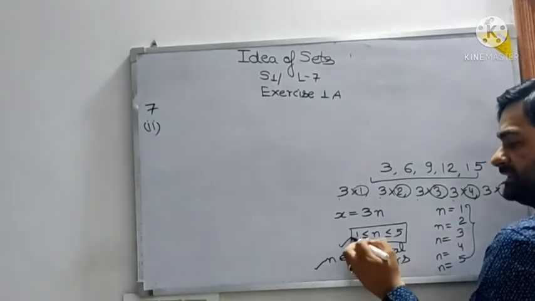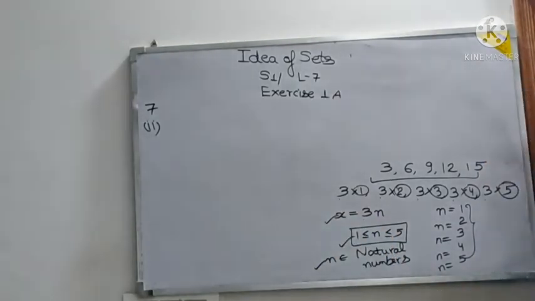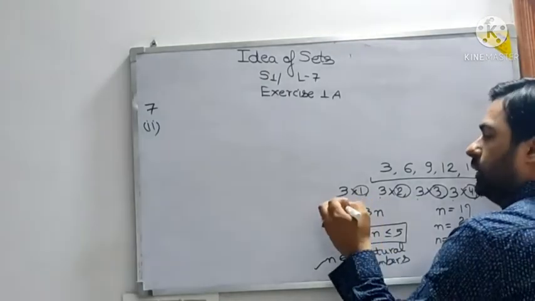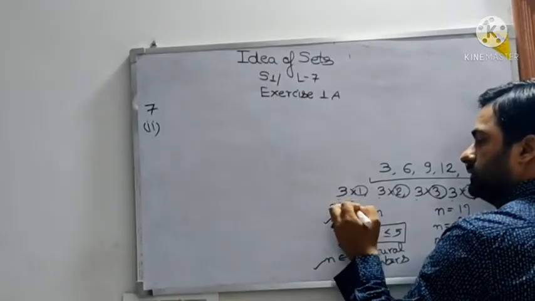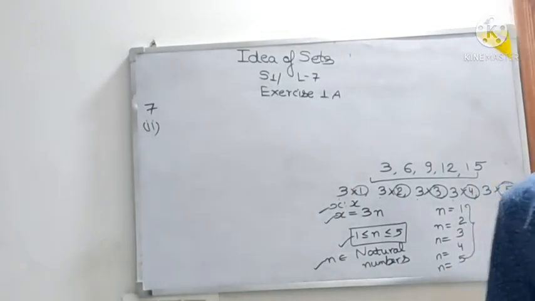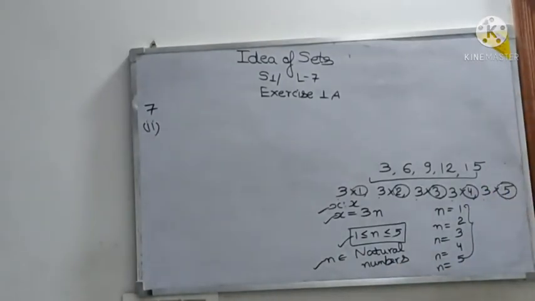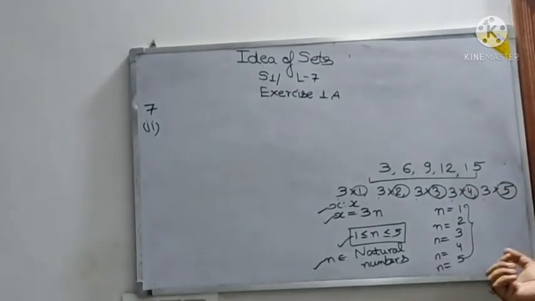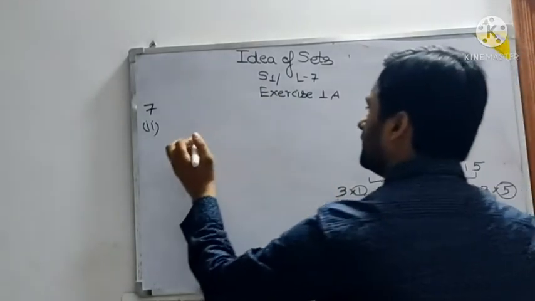This checkbox you have done, this checkbox you have done, this checkbox you have done. 3 things. And what other thing is that? First thing is, obviously there should be x as the element. 4 things you have got. That means we have decoded it basically. Someone can write x such that x is a multiple of 3 and x is less than or equal to 15. That also you can write. But better is to go like this. See here.